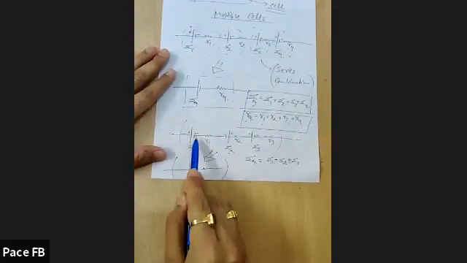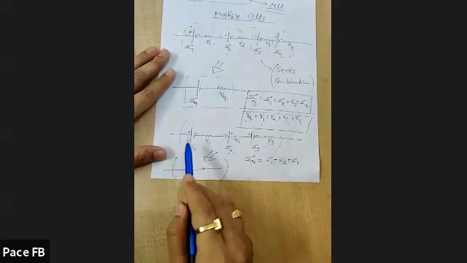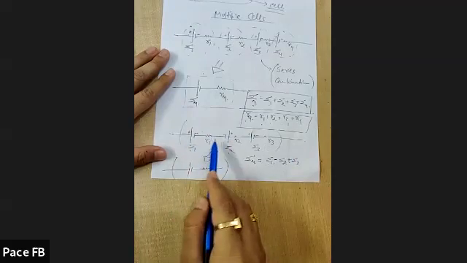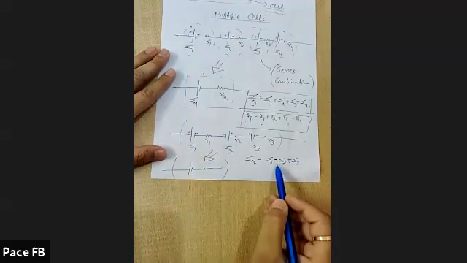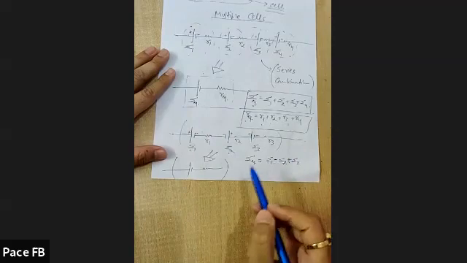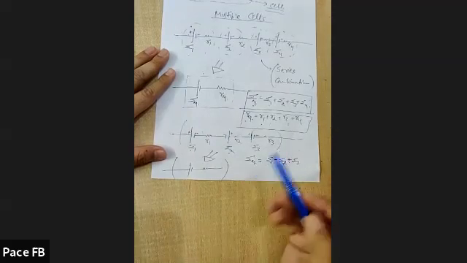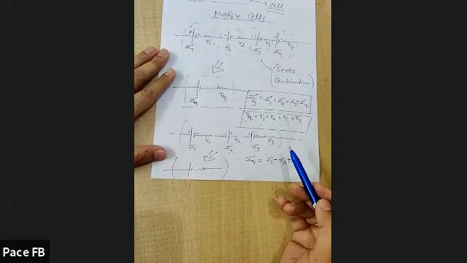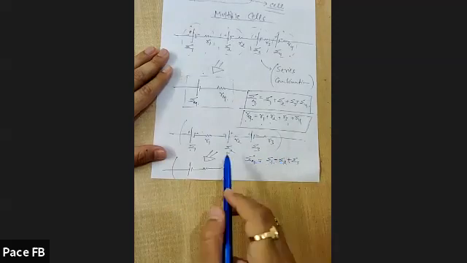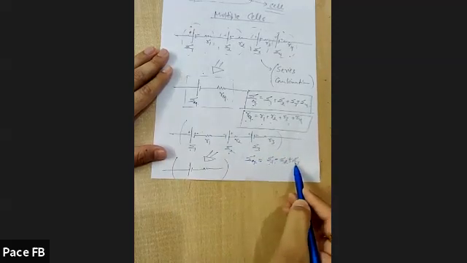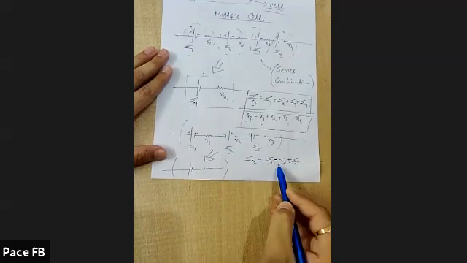But whenever in a series combination, two negative terminals are connected or two positive terminals are connected, then always negative sign would be there. It means they are opposing each other. They are not supporting. They are opposing each other. Correct? They are opposing each other. That is why E1 plus E2 minus E2.